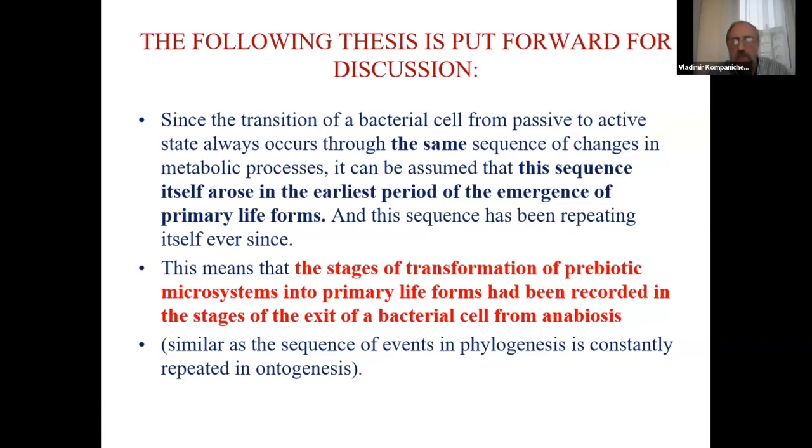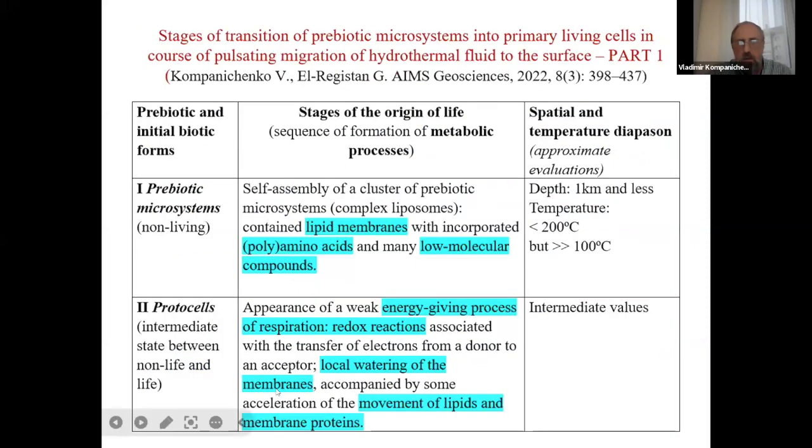If we accept this thesis, we can use the succession of exit of a bacterial cell from anabiosis as a structural basis and succession for the origin of life. And on the basis of this comparison, the 4 stages of the origin of life